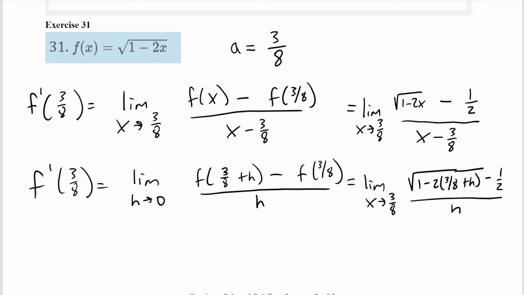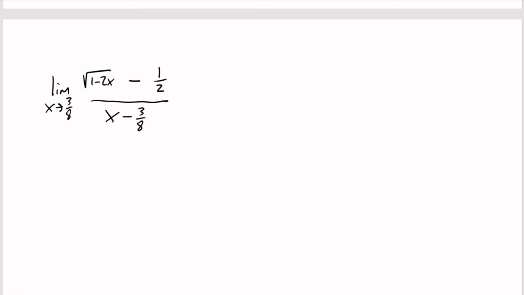So at this point, it's up to us which one we want to try to do. They look very similar to me. I guess maybe we could think, oh, there's some extra stuff in this radical maybe we don't want to deal with, so let's stick with this one. All right, so if we remember back to earlier in chapter 2, we knew how to deal with these limits